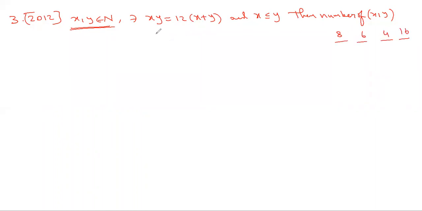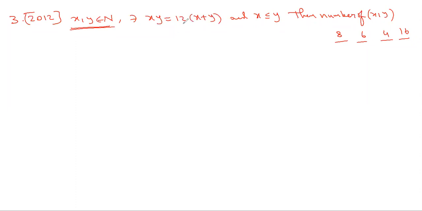So definitely finite. For that, we need to use the prime factorization of the numbers. The 12 you can write as 2 into 3; x and y should be natural numbers. That's why you need verification. You can start with x equal to 1, and then find possible values of y. But verification is a little difficult here.